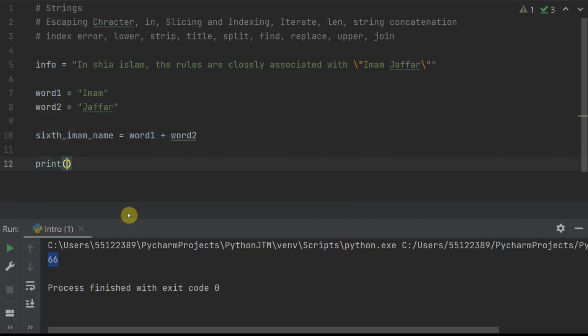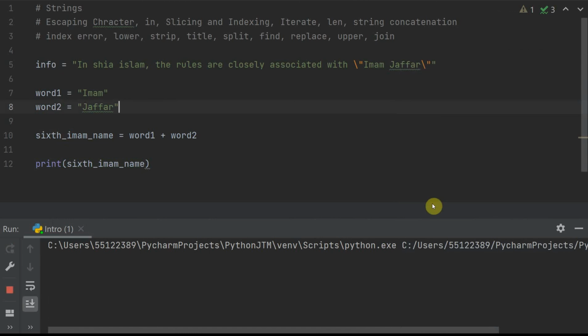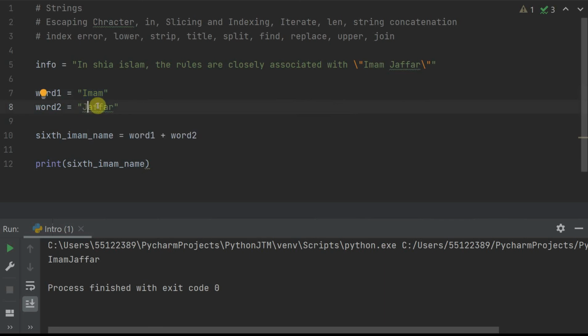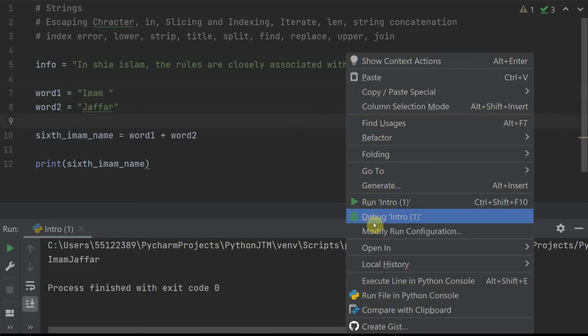If I print this 6th Imam name, you will notice something strange there. Do you see Imam Jafar is without any space? That is because in my string, Imam, after that there's no space, Jafar, there's no space here as well. So what I could do, I could either add a space here or a space here and then print it out.